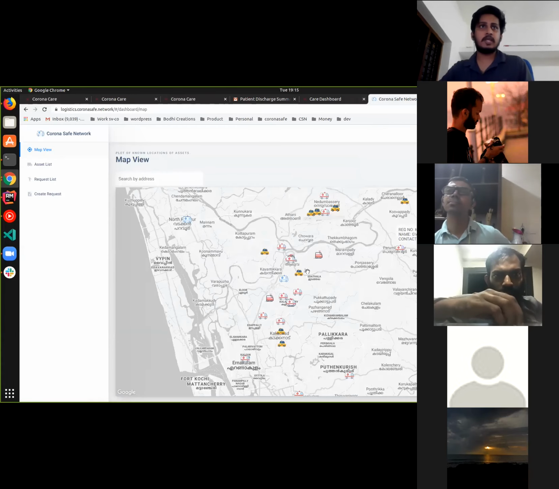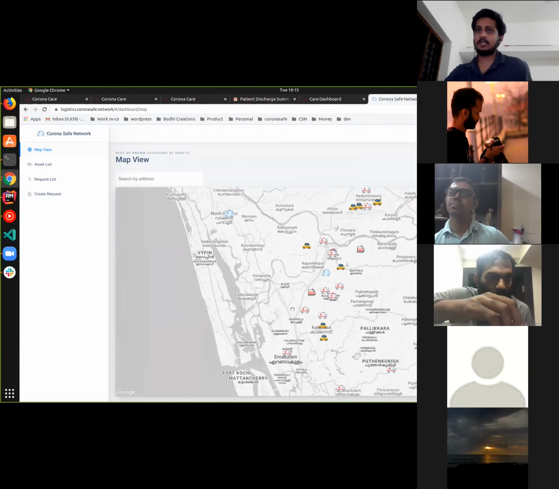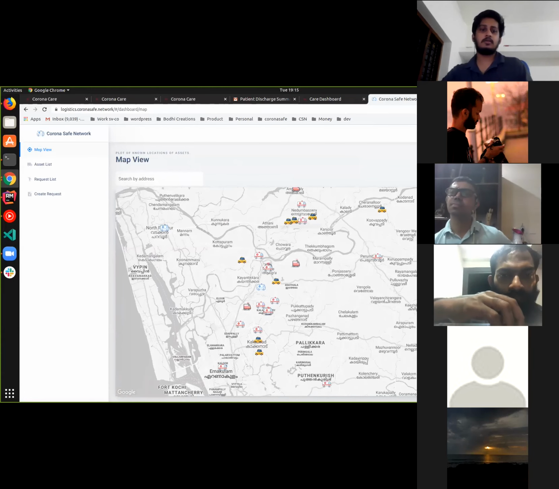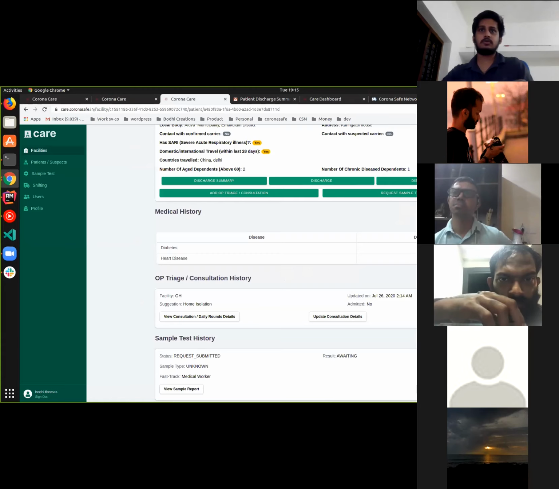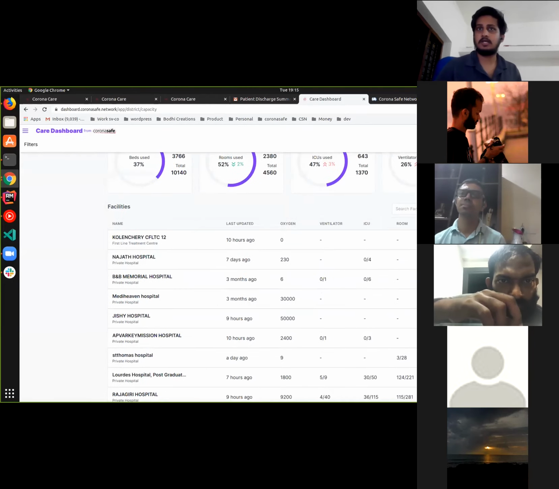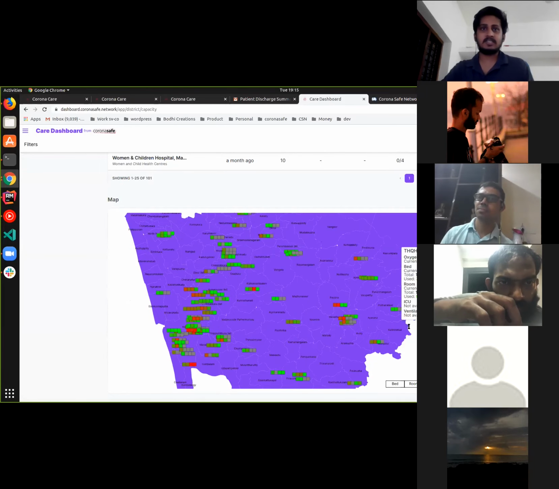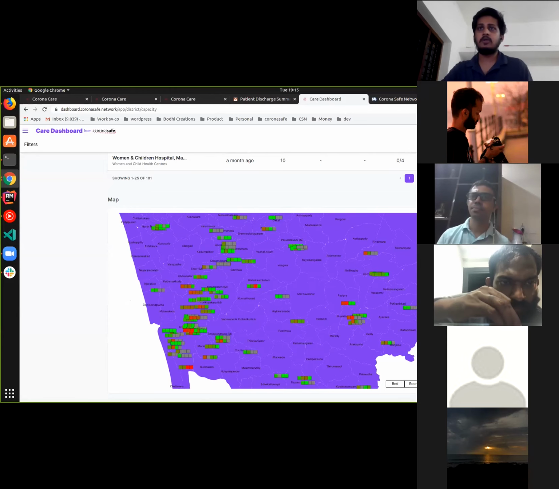Going forward to the ambulance network, we now have taxi ambulances. These are a new category of ambulances which were added recently. On the dashboard side, it's much better and slicker right now. I think I showed this map last time, but it's improved now.